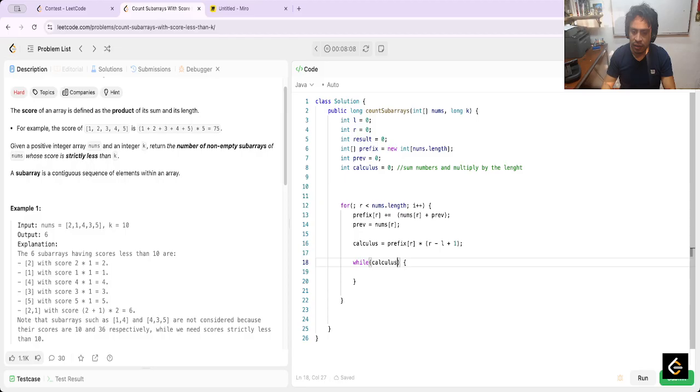Here calculus is greater than or equal to k, but k is long. I need to change this to long, and parse to long, and here calculus is greater than or equal to length. What happened is